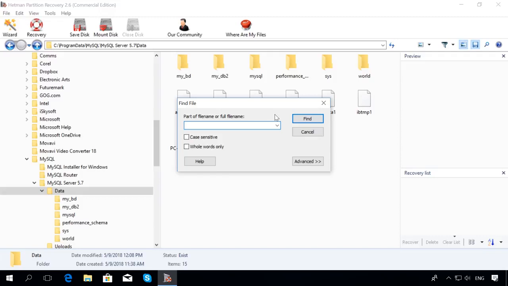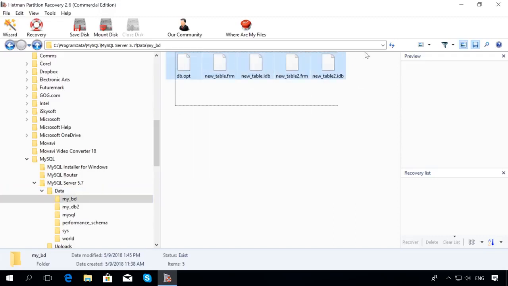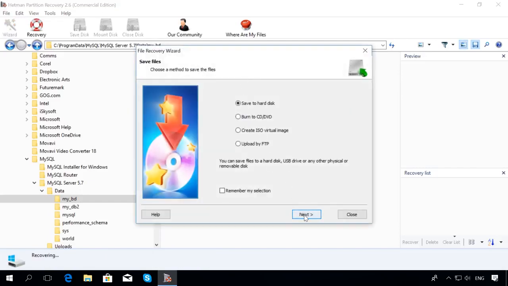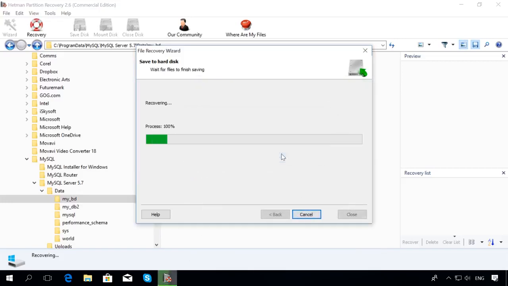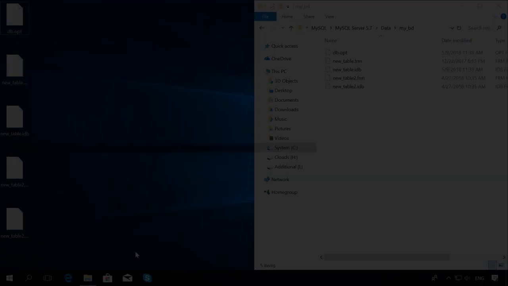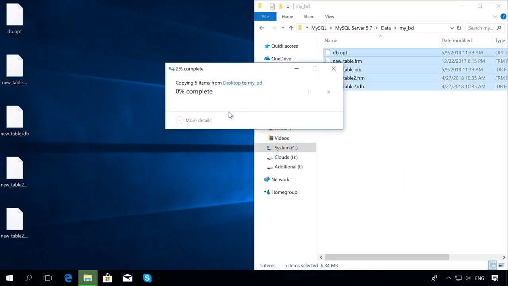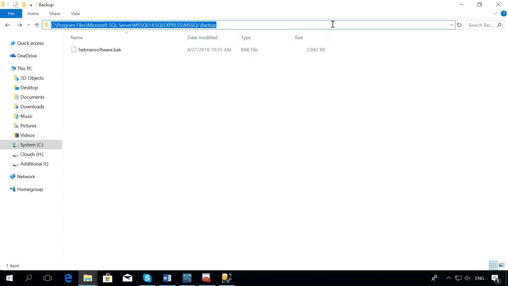Now recover database files. To do it, select them, right-click and choose Recovery. Specify the location where you want to recover them and click Next. Choose the path if necessary and click Recovery. Ready? The files have been recovered, now bring them to the folder with the name of the database. When you start MySQL Workbench after that, the restored table files that you have put into the database folder will be accessible. In the same way, you can restore lost MSSQL bases, which are located by default in C Program Files, Microsoft SQL Server,